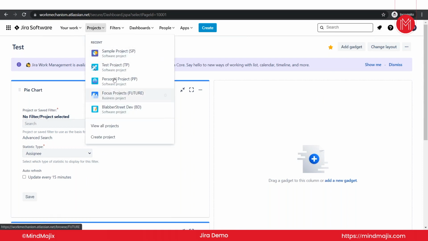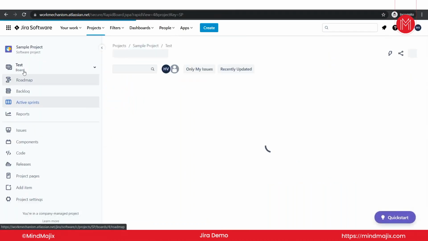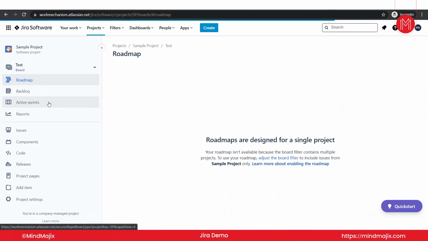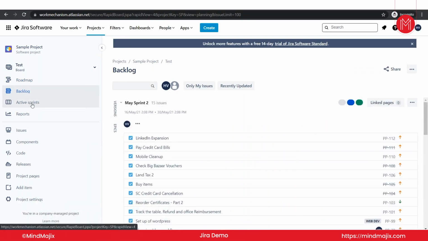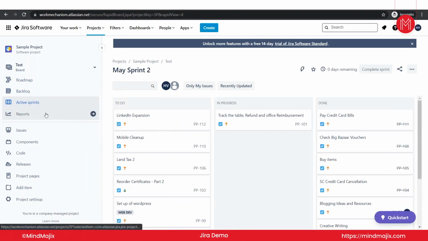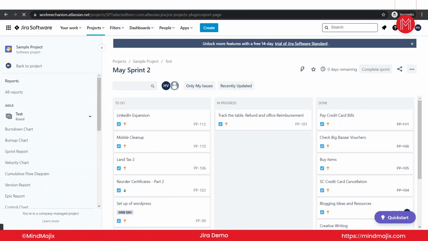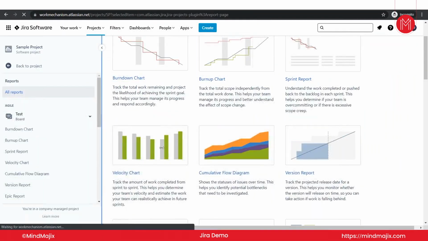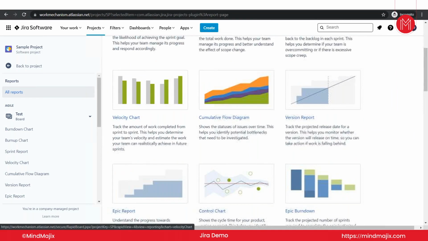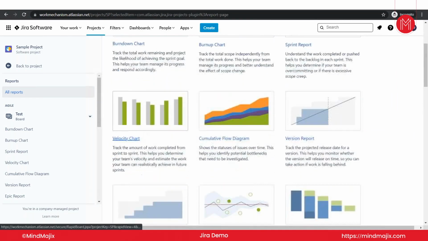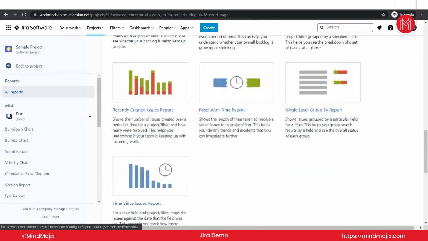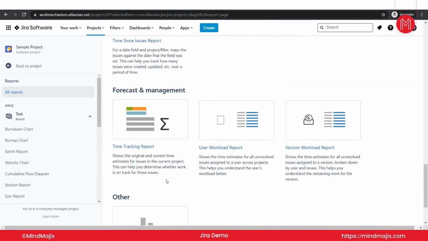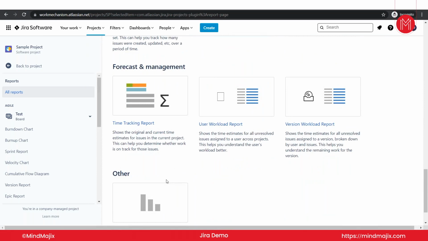Moving forward, at the project level, you have many options in Jira. Understanding how you can set your roadmap for the future, having a backlog option where you can groom your issues and act as sprints, and a comprehensive reporting section where you'll be able to see different kinds of agile reports, whether there's a burn down chart, burn up chart, sprint report, issue analysis, how your issues are pacing from time to time, and